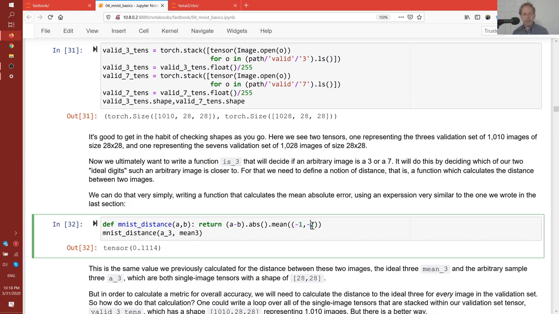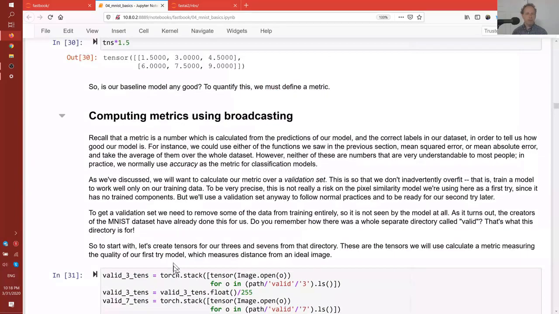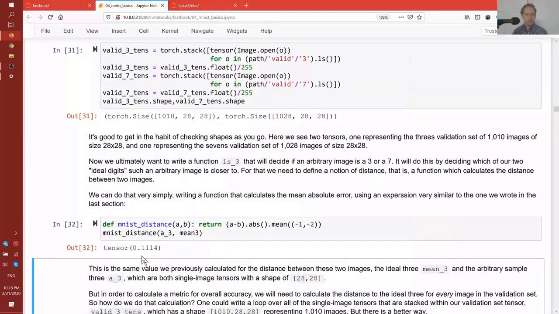So this is going to take the mean across the x and y axes. And so here you can see it's returning a single number, which is the distance of a 3 from the mean 3. So that's the same as the value that we got earlier,